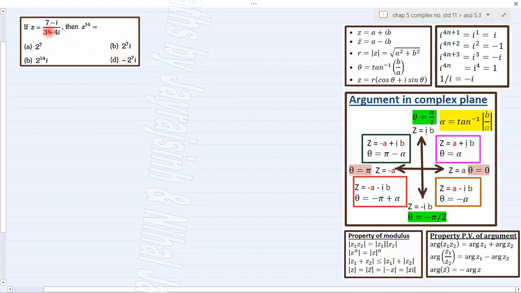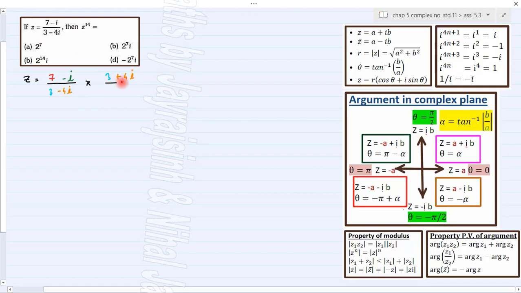In this question, you have to find z raised to 14, where z is (7 minus i) upon (3 minus 4i). So first of all, let's simplify our complex number by multiplying and dividing by the conjugate of the denominator, which is 3 plus 4i. So in the numerator, 7 3s are 21, 7 4i's are 28i,